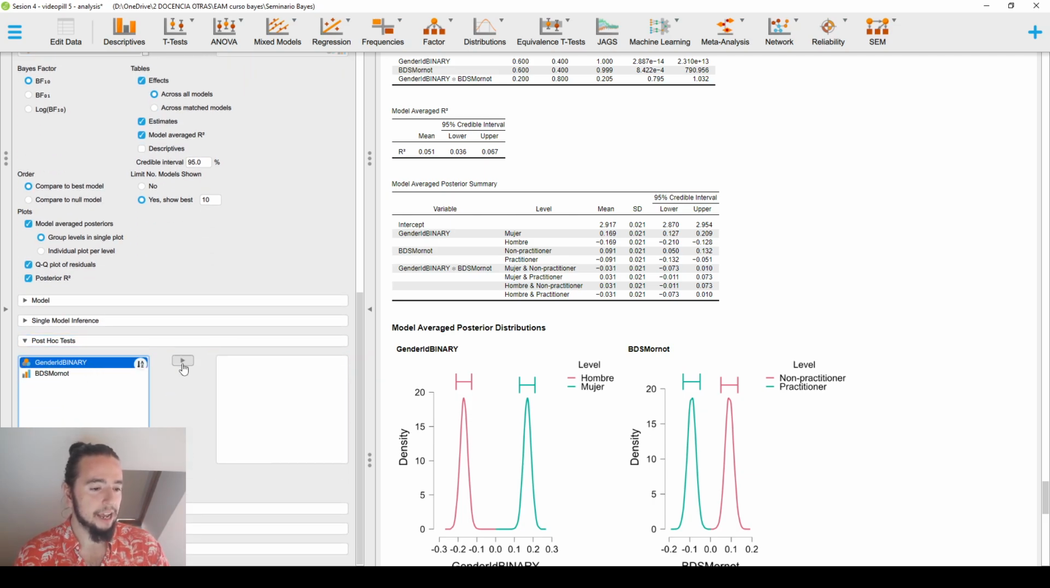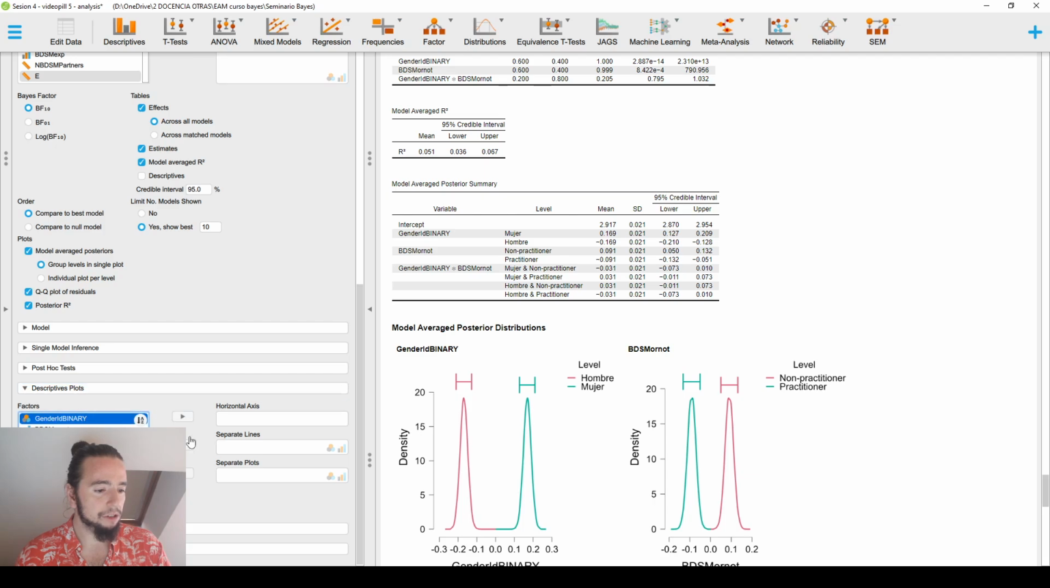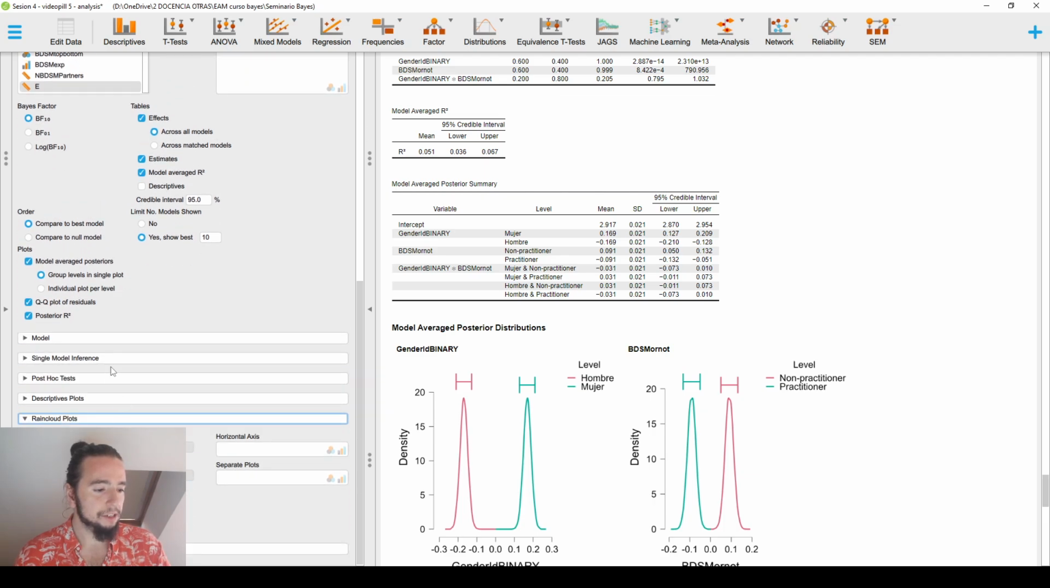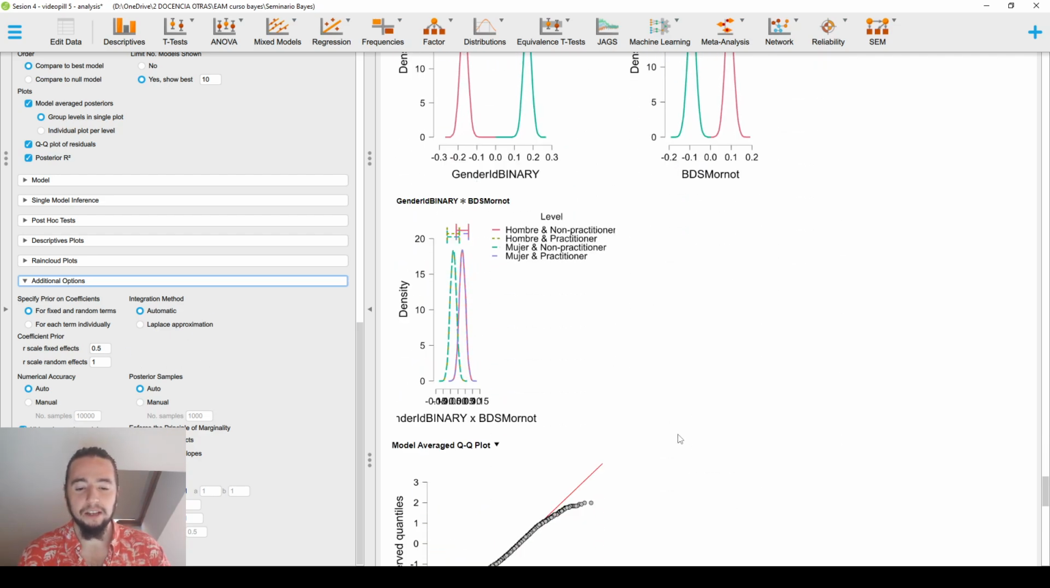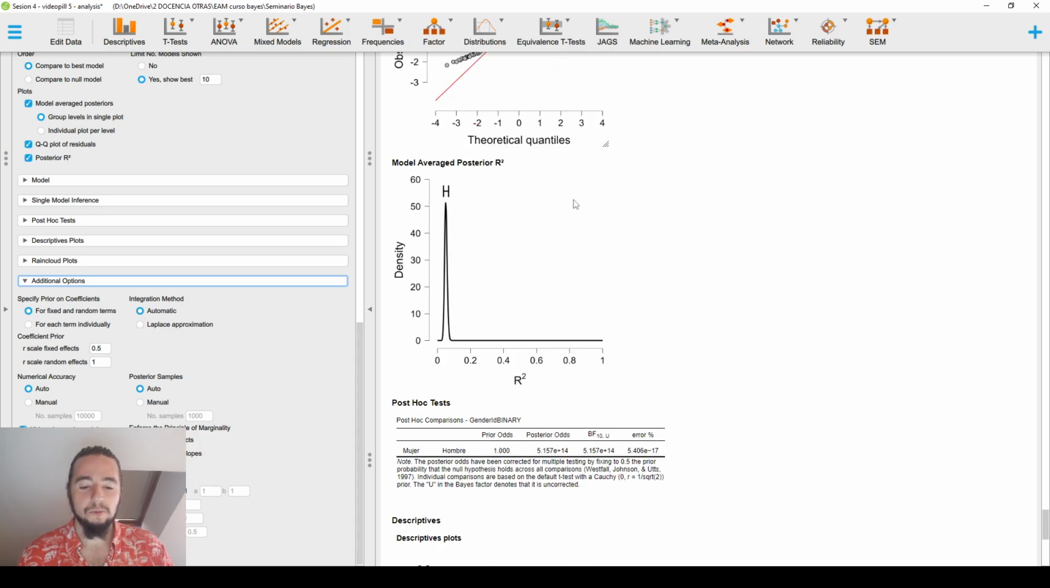For example, let's have this. Now let's have some descriptive plots, like something like this, with credible intervals and whatever, and some raincloud plots, for example, separate plots, horizontal display, etc. And additional options here, you can pick your prior, for example, uniform priors, beta binomial, Wilson, Castillo, etc. You can also adjust the MCMC technical output, set the seed, choose an integration method,